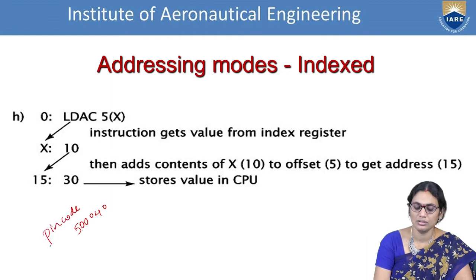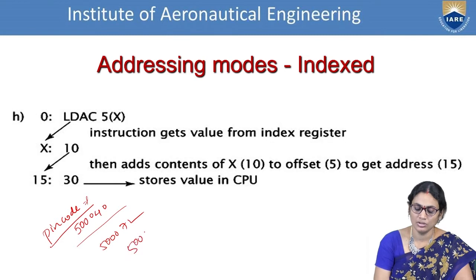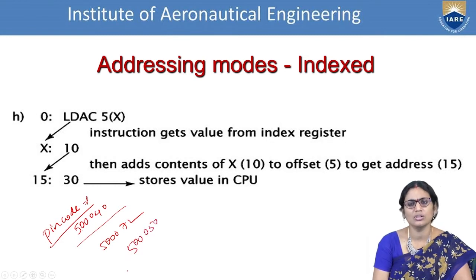Let us consider the example of pin codes, the pin code of a postal department. So 50040, 50072, 50050. These are different address locations which are intended for area-wise specifications. Similarly, we follow the same approach here. If you observe, this part is uniform. Only these things will be changed. And this is mandatory for the complete area.